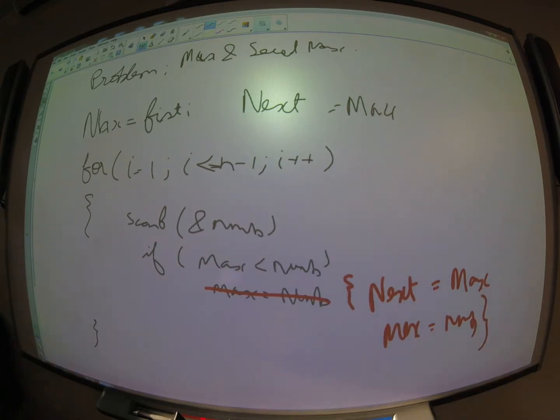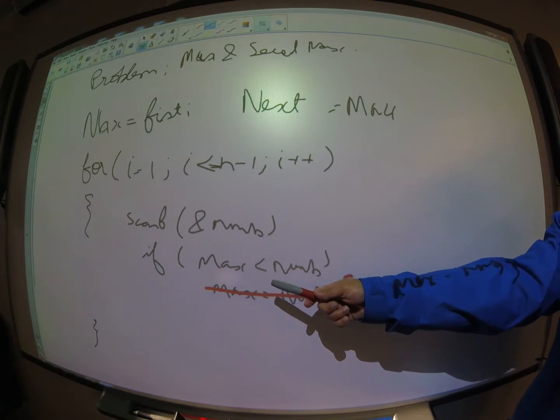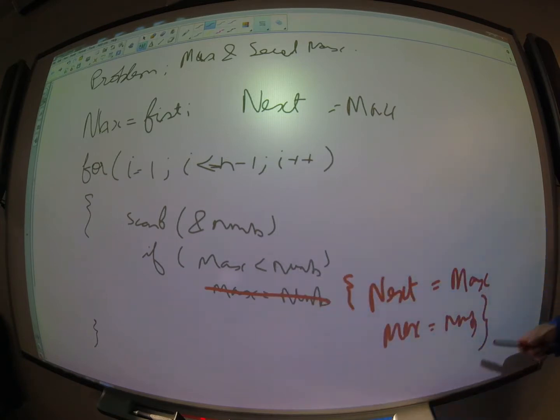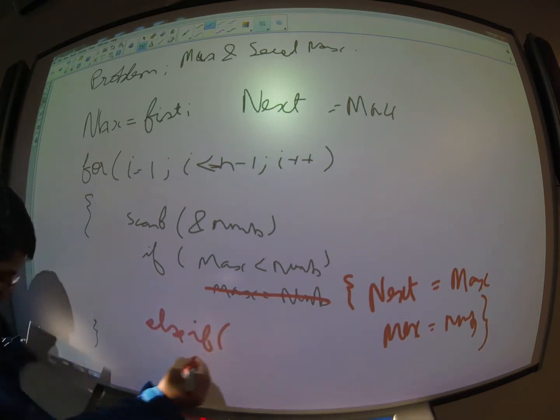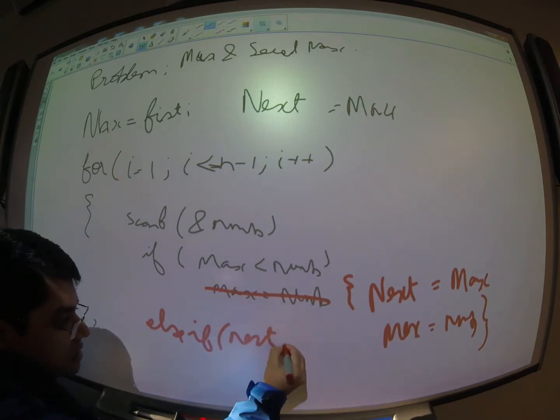what if you have a case where the new number that you see in, let's say my current max is 6 and my second max at present is 4. But the new number you see in is 5, okay? So we say, is max less than the current number? No. That means we have to do another check. Now we have to check if that new number is greater than the second max, right? So we also require an else condition coming in over here. The else if next less than num